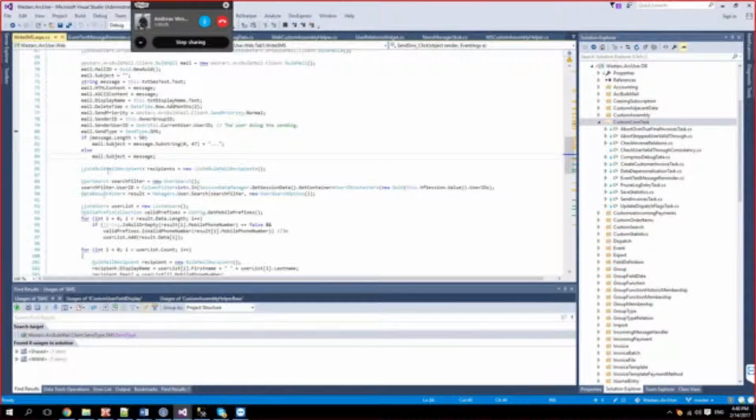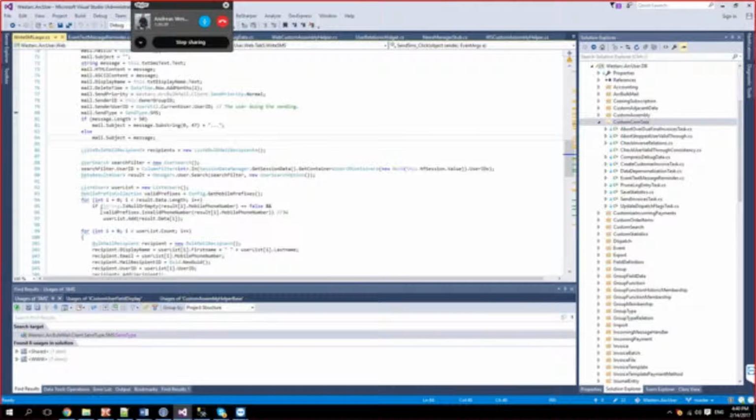Write the, I don't think the subject has anything to do here. No, as we see here, the subject is just the 47 first letters of the message.